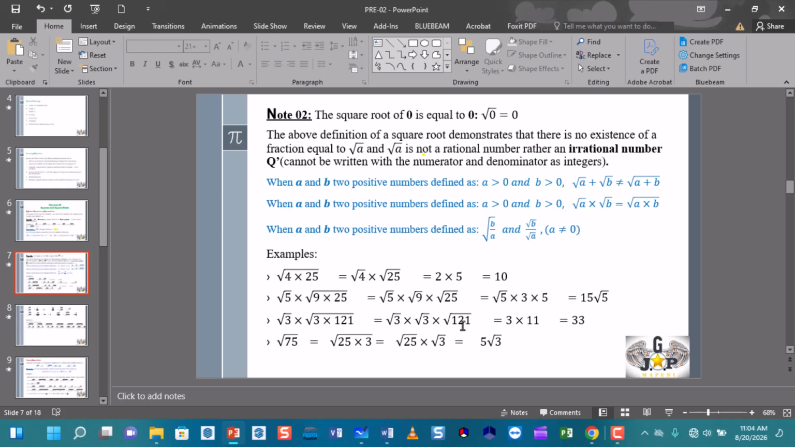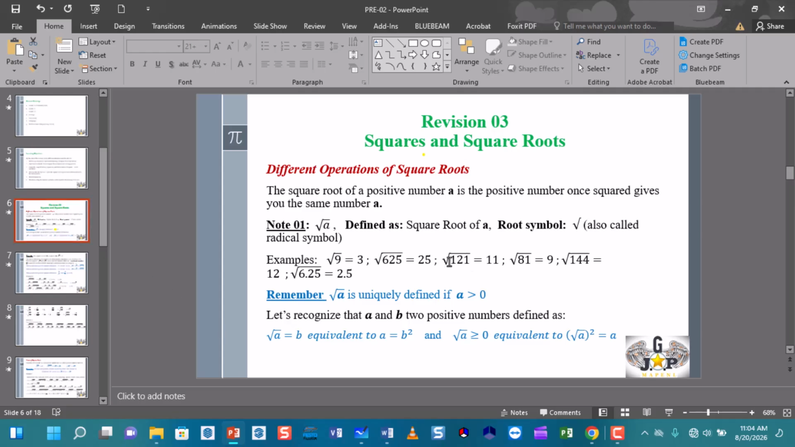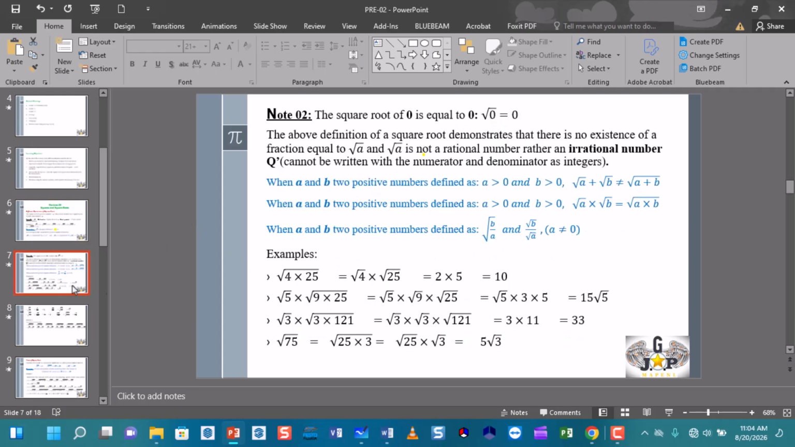However, 121, because if we go to the previous page, you will see that 121 as a square number gives you a perfect square of 11. Right? It gives a perfect square of 11. So if we go back here, in this case, if we go step by step, here, if I try to decorticate this expression,